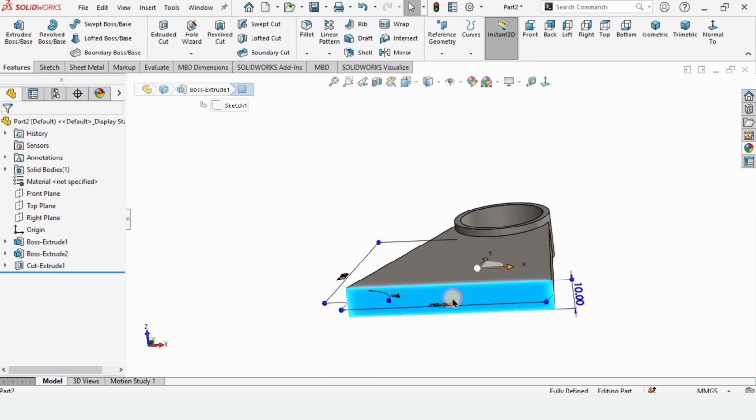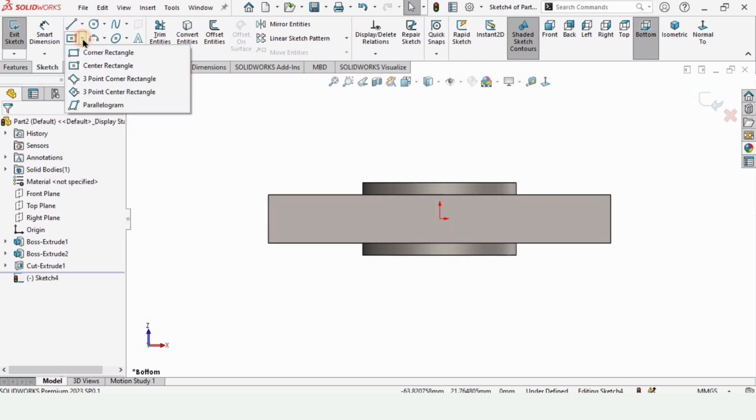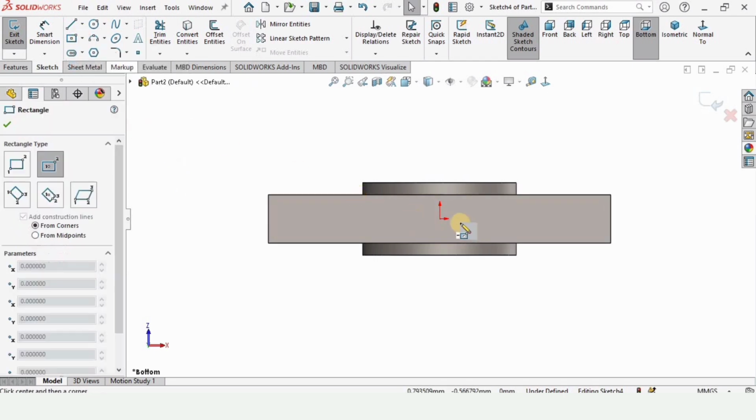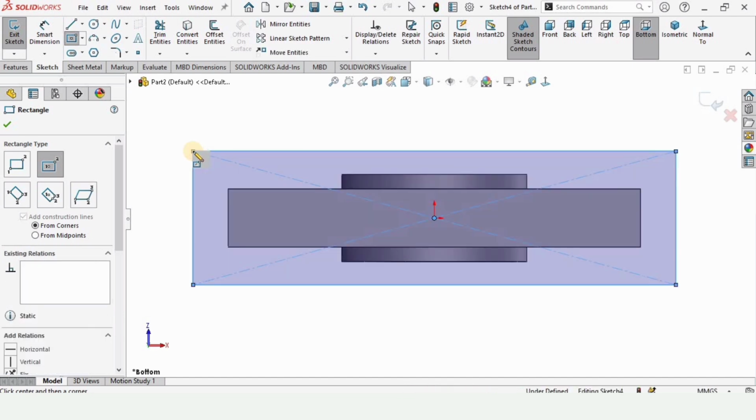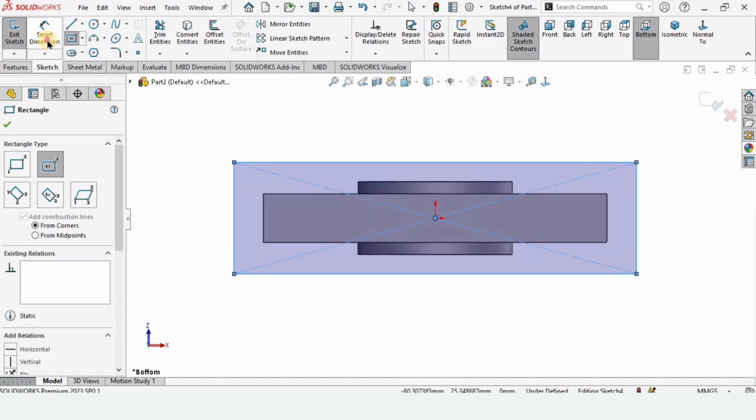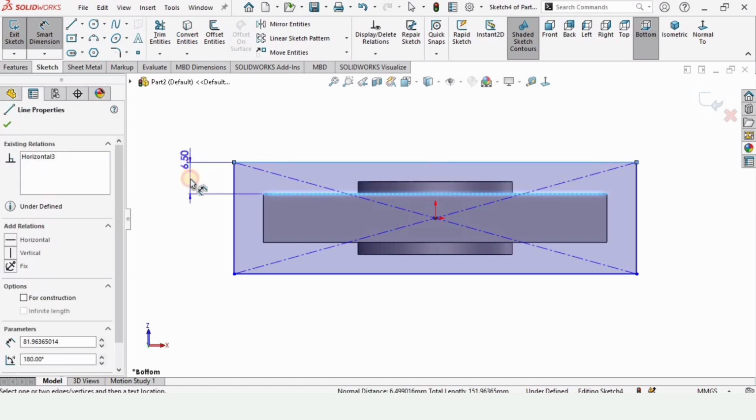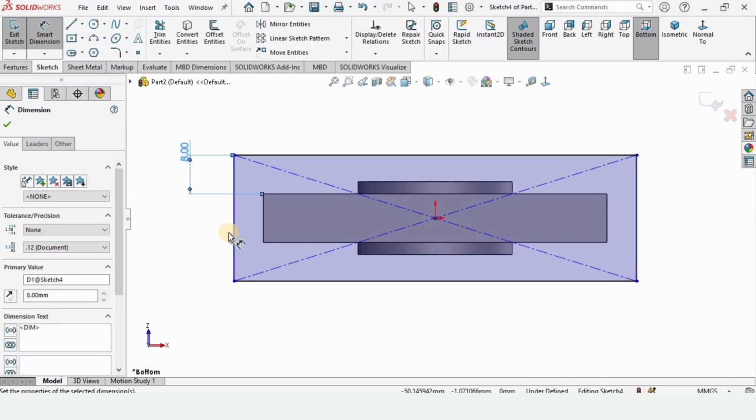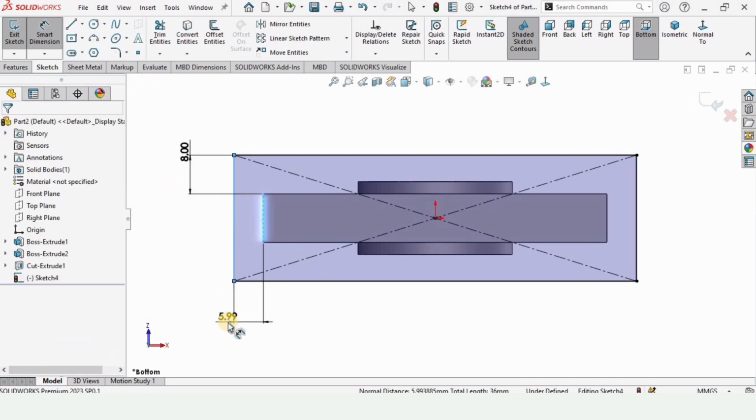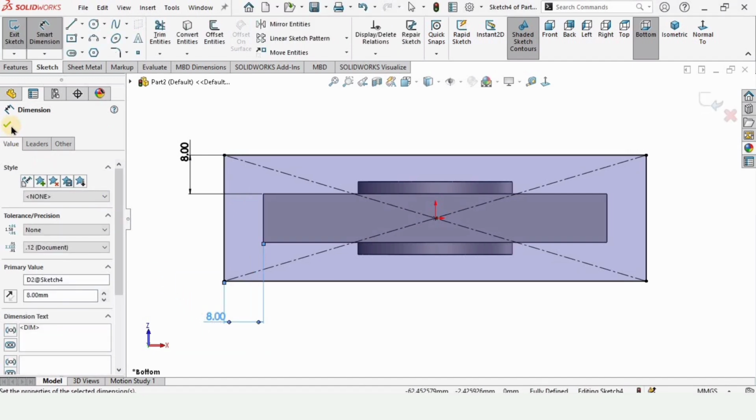And now we want to make this support, so select this face and click on sketch, and from here select center rectangle. From this point to anywhere in space like this, make a center rectangle. Select the smart dimensioning tool. From this line to this line, specify the distance as 8. Similarly, these two vertical lines, the distance between them is 8 millimeter. Sketch is fully defined now,